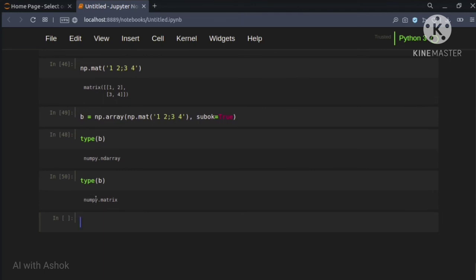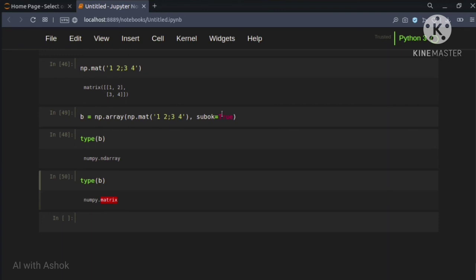See here, the subclasses can also be used as we have given the permission to use the subclasses. So now it is converted into a NumPy matrix. So the data type of this b is matrix now.